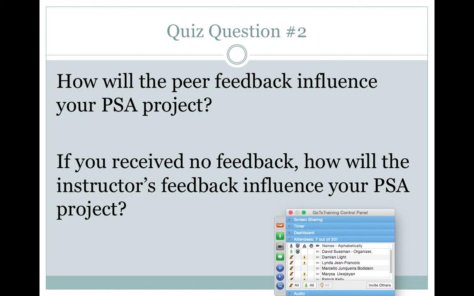But if you met those first 3 checklist items, you might want to consider other things, like, was your supporting evidence strong? I did respond to a couple people where it sometimes felt like they were writing so much from their point of view that it wasn't relying much on any sort of outside research or statistics or facts or quotations at all. So that was a concern sometimes. But basically, how will the peer feedback or my feedback influence the choices you will make when it comes to your actual multimodal public service announcement?